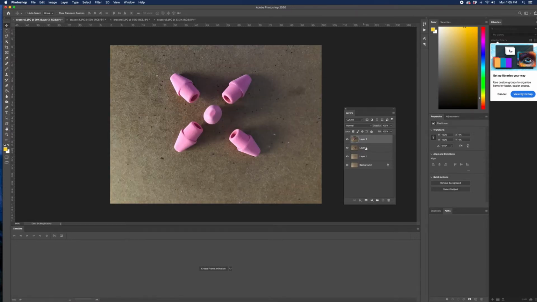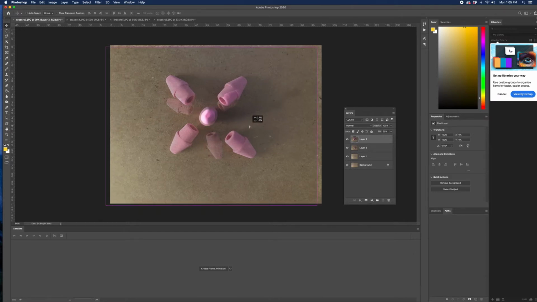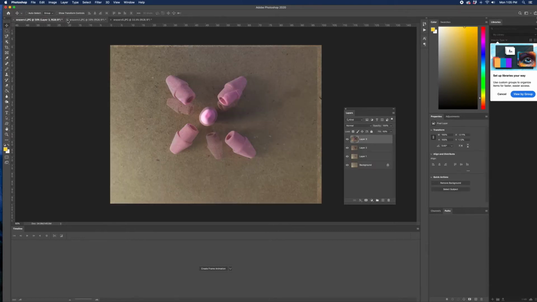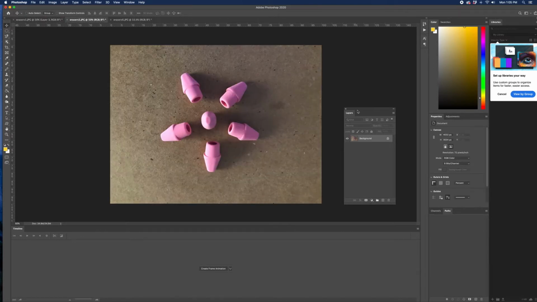I do the same thing again, and this time it doesn't make too much of a difference. I'm just demonstrating this. Last time I did opacity at 100%. This time I'm going to do fill at around 50%. For what we're doing today, either one of those works fine. Once again, I'm going to line up the center erasers